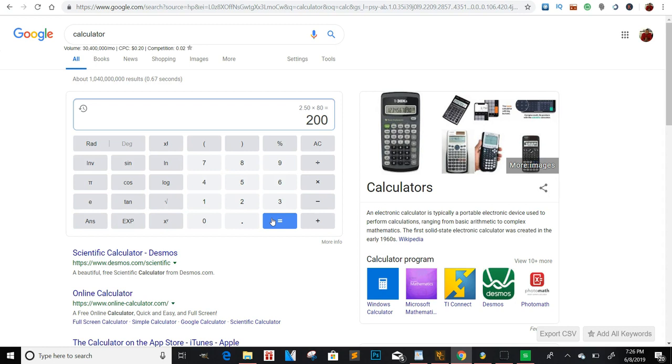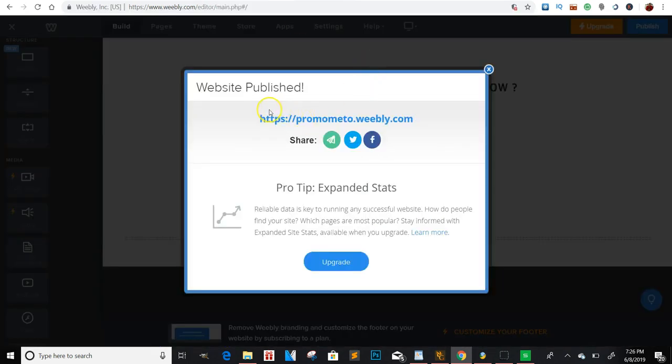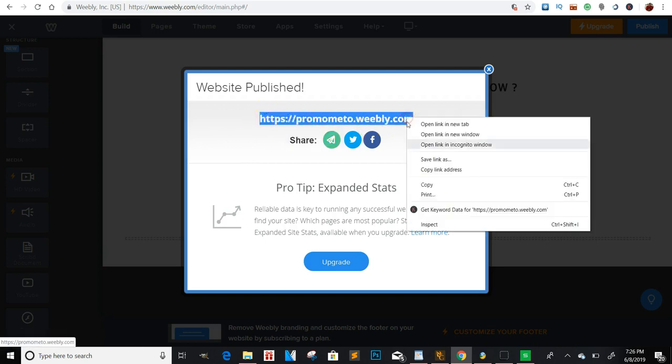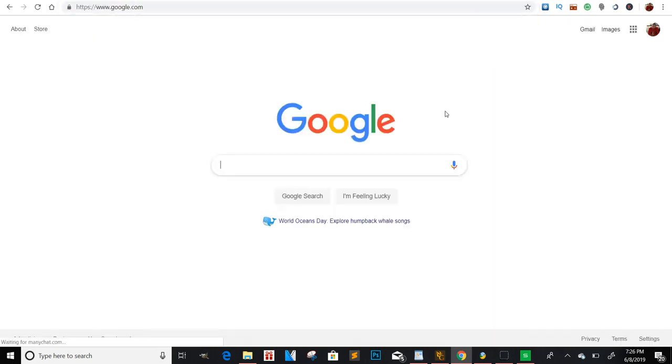If you didn't use the software, you could actually do that in the Facebook group. It just depends on how you word it, or an Instagram story, or a Pinterest ad. It just really depends on how you want to structure your ads. And that's simple. You don't make it complicated. And these links you can actually post on Facebook, but I would wrap it. If you want to get a better link instead of having to say Weebly, like I told you guys, you can go to Google and type in